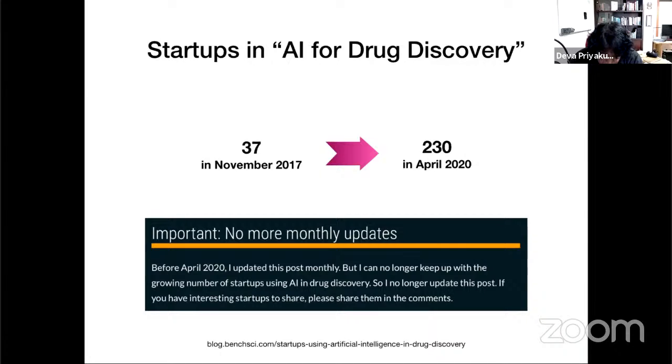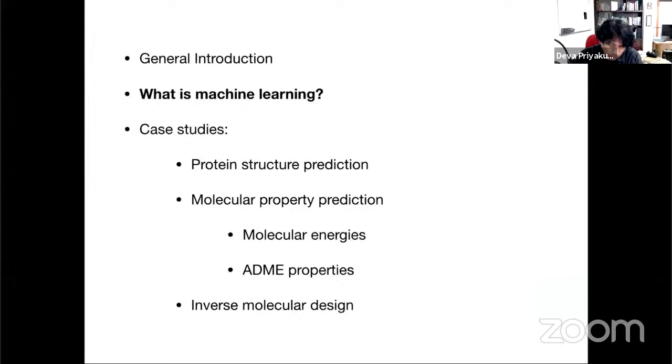Okay. So that's the kind of disruption that we see in terms of how AI methods are playing a major role in drug discovery. That's the general context that I wanted to give, placing AI, or understanding AI, as a method, an algorithm or a group of methods, that we can use for making drug design more efficient, in terms of the cost, in terms of the time, and so on.